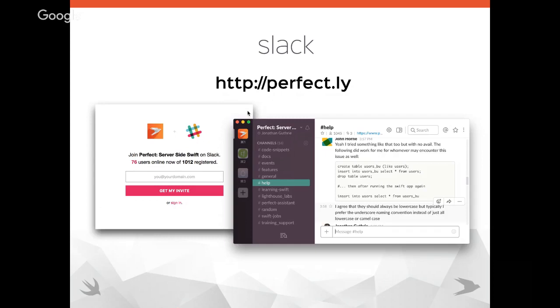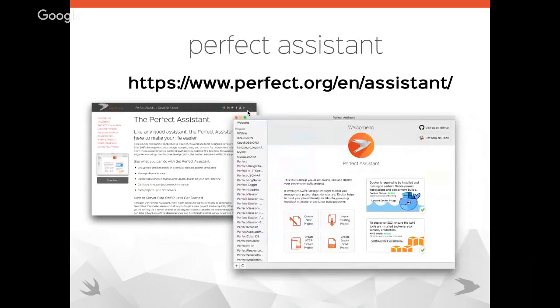So please come and join us on Slack. We welcome everyone. The next one is something that we've actually just released. It's currently in beta, but won't be in beta for very long because it's been so successful and there's actually been so few bugs. It's the Perfect Assistant.